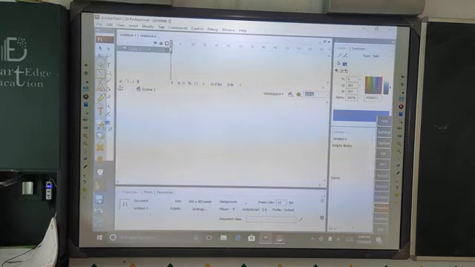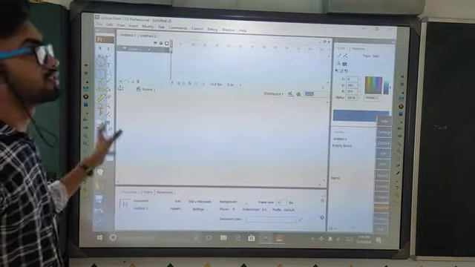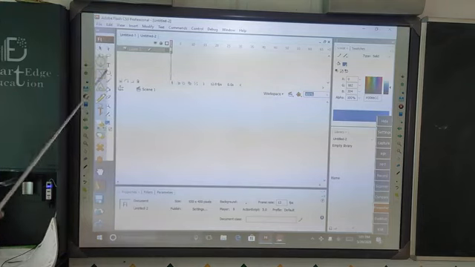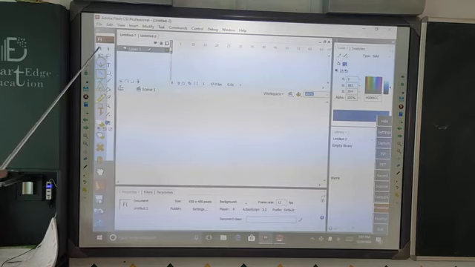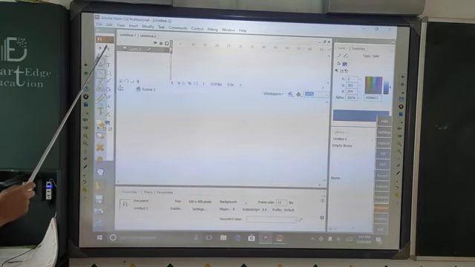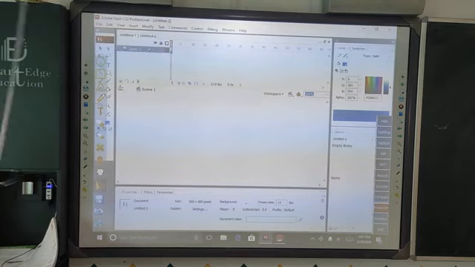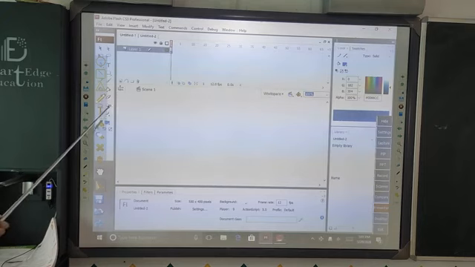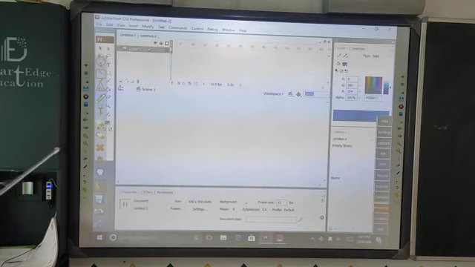So this is our tools panel, where you find various tools to use in your drawing or animation. At first there is the selection tool, and this is the subselection tool, and this is the lasso tool, text tool, pen tool, line tool, rectangle tool, pencil tool, brush tool, bucket tool, hand tool, and eraser. These are the basic tools that you have to use in your drawing.